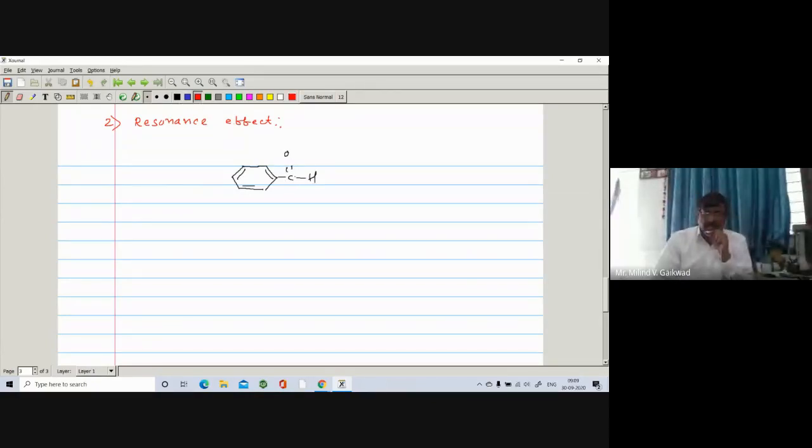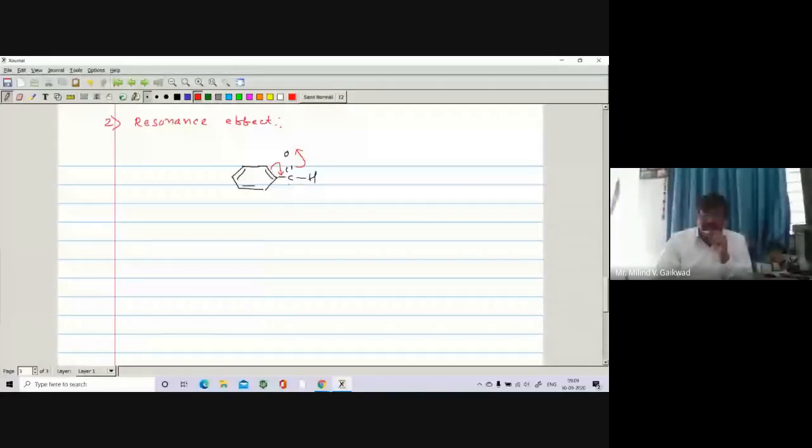In this case, oxygen is more electronegative as compared to carbon. The pi bond opens on the oxygen, giving O negative and C positive. So this pi bond is involved in delocalization. Delocalization means here the positive charge undergoes delocalization on the benzene nucleus. So there is a delocalization of the positive charge, meaning it is not available for the attack, right? So the reactivity gets decreased.